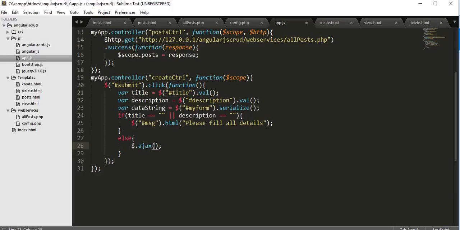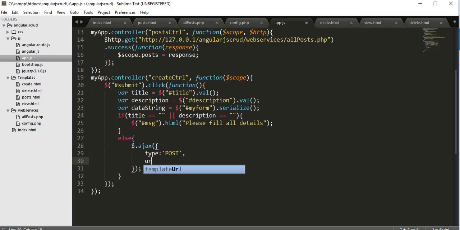Okay, now the type of the request is POST, and for the URL we have to create a URL or a web service API for adding or storing the post into the database. So here we should type in the URL